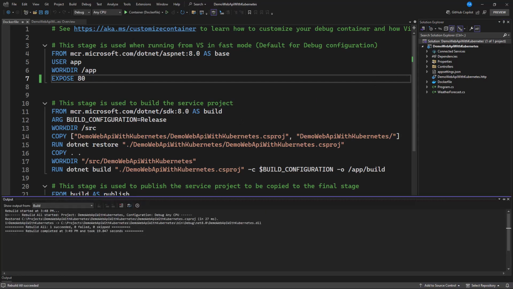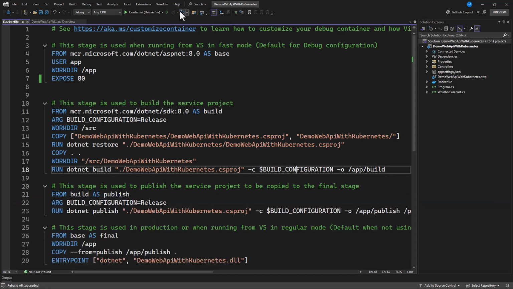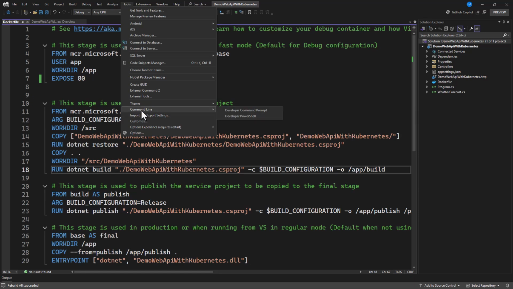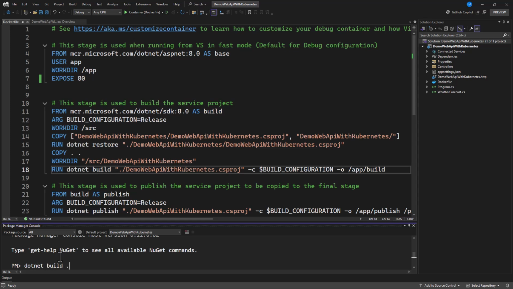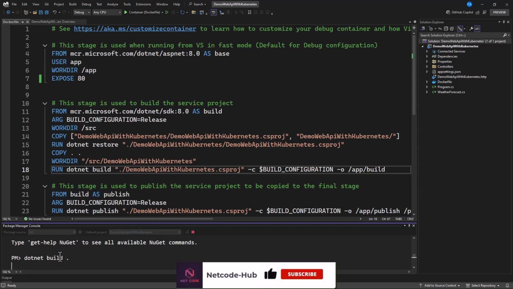After this is done, we can also use the command prompt to build this project as well. You can go to Tools and open the command line, or even use the NuGet package manager console, and in here we can also build the same project using the command line. So you say dotnet build, and I'm just going to build this project for us.